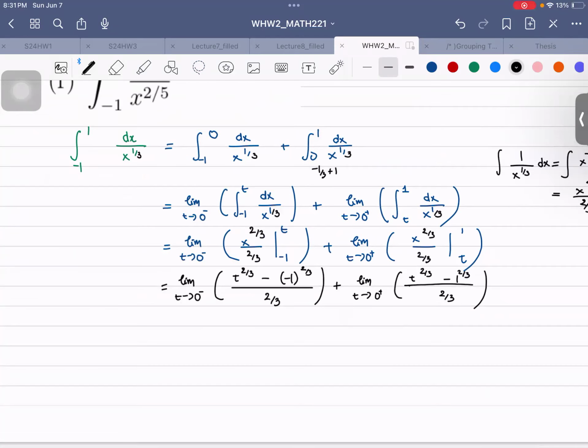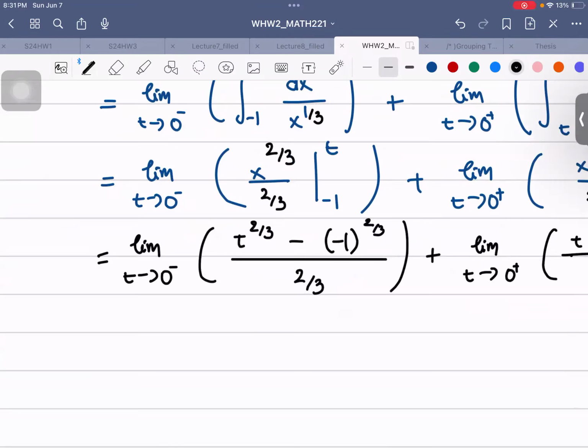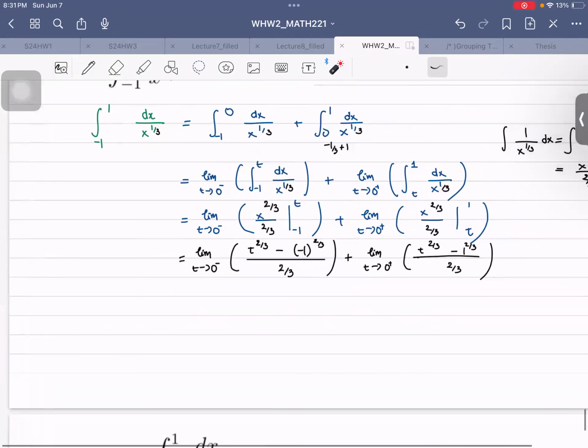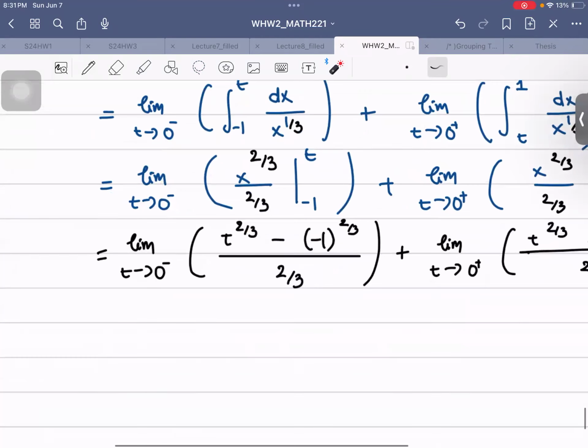And now you let t go to 0. So these two things will vanish. And this thing is going to give you negative 1 over 2/3